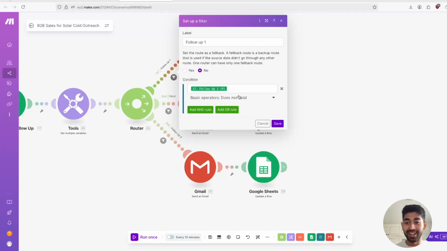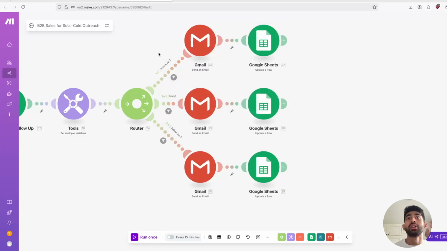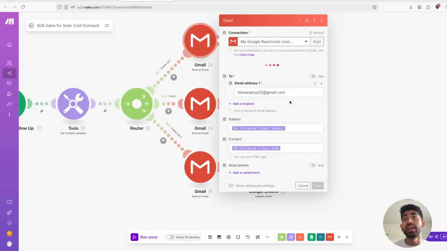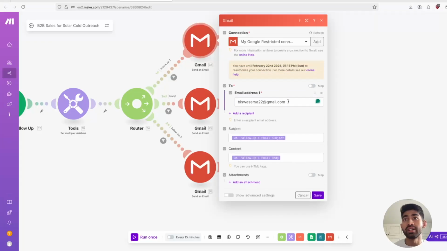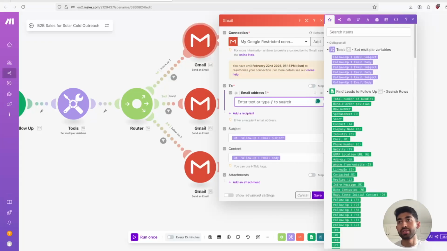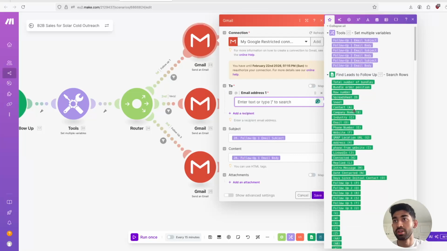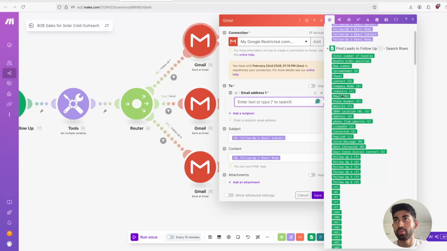Hopefully that is clear. So we have to make sure that follow up one does not exist. If follow up one exists, that means we don't have to send that same follow up email one. It can go to the next step. If it doesn't exist, then we just have to send it out to whatever email address we have gotten from here. So for example, it would be this one,